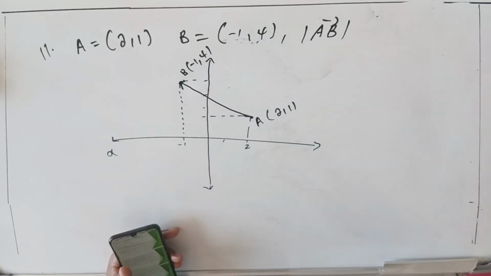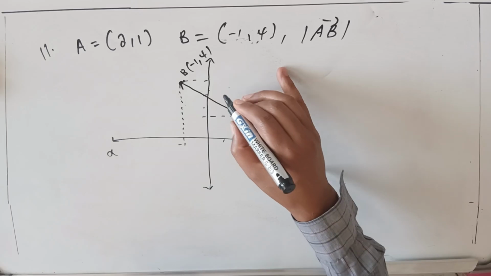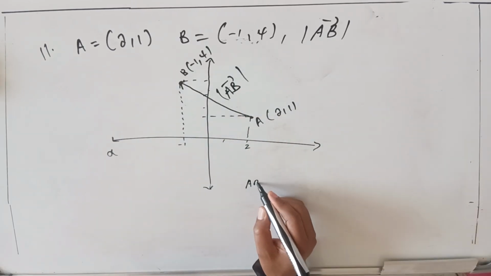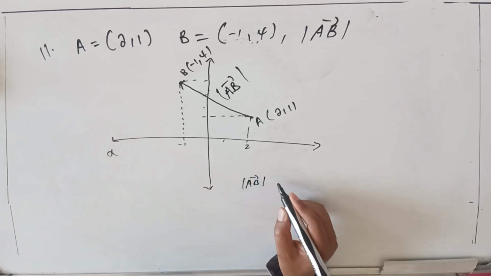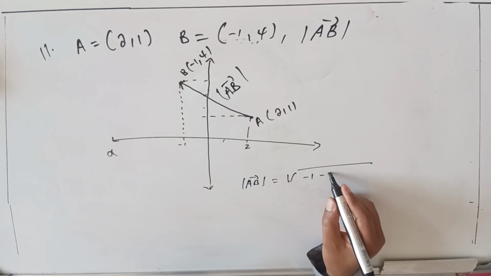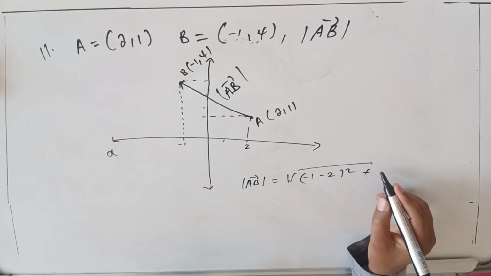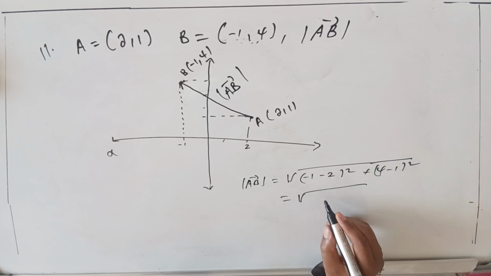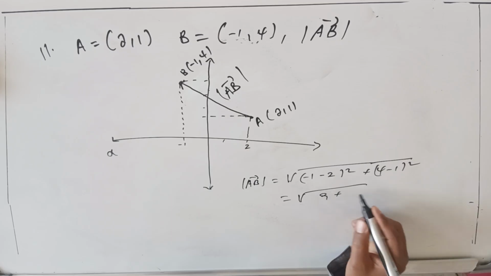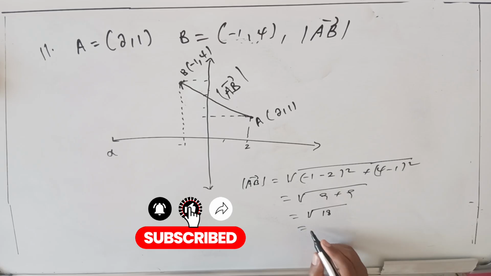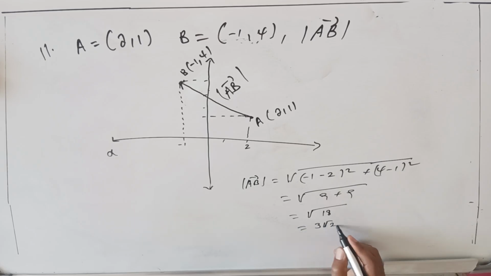እስከዚች ያለውን ሌንግዝ መፈለግ ነው። እቺ ሌንግዝ ለመፈለግ ደግሞ that length is norm of vector ab እንላለን so norm of vector ab ለመፈለግ is equal to square root of that is -1 -2 the whole square plus 4 -1 the whole square that is square root of -1 -1 is -3, -3 square is 9 plus 4 -1 is 3, 3 square is 9 that is a square root of 18 ይመጣል square root of 18 ማለት ደግሞ 3 radical 2 ዩኒት ይሆናል ማለት ነው